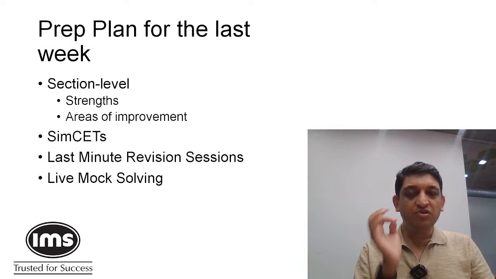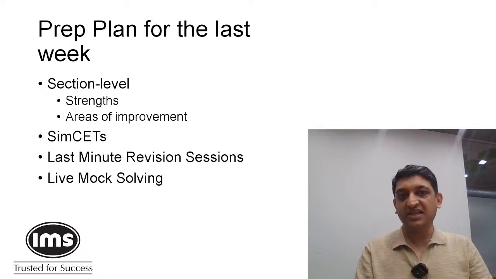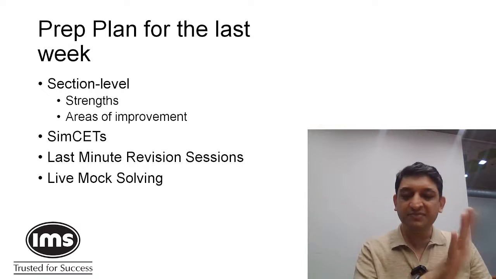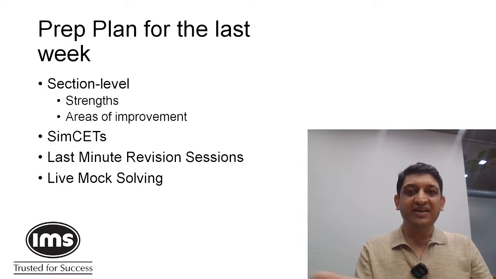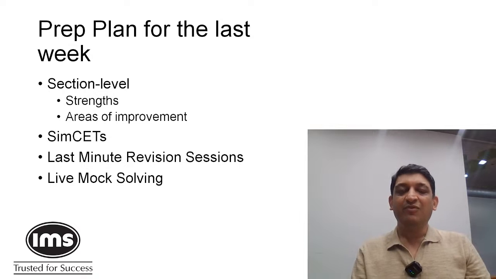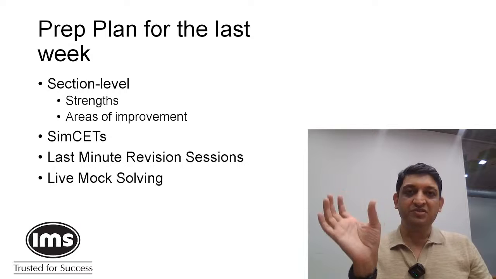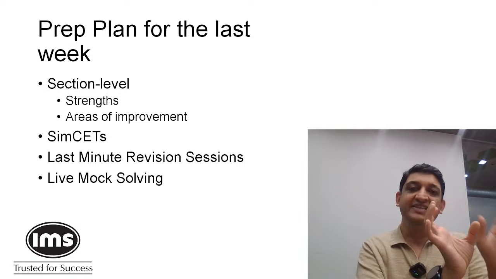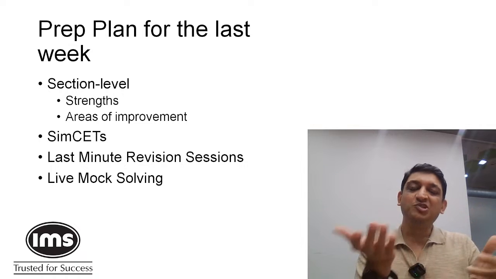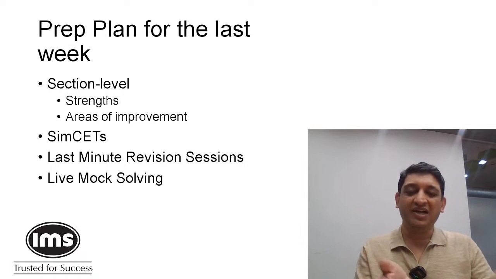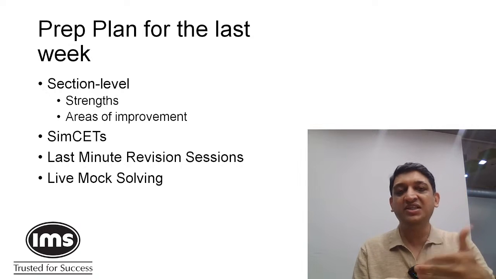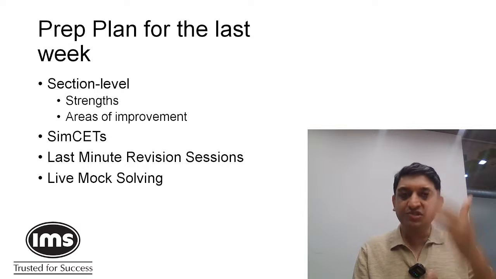Whenever you come across a visual reasoning question, try to see if it's a series based question, for example. I did it in one of the questions in the last live mock solving session. The first image was there, first, second, third, fourth, fifth, and the 6th image was asked. But the first and the 5th images were the same. So my answer has to be equal to the second image, and that was what I marked. I don't know if it was right or wrong, but that is one of the hacks that I use to solve these questions in a quicker manner. So all those things you should have in your mind.